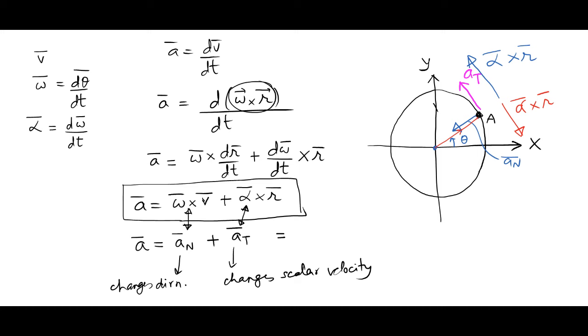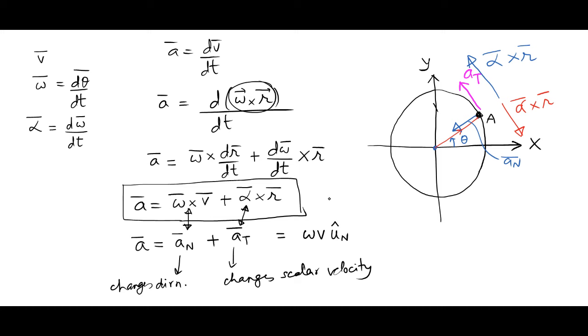Omega bar and v bar are mutually perpendicular, and therefore the magnitude of this component is going to be omega into v into sine 90 degrees, or essentially omega into v is the magnitude of the normal acceleration, and then you just have to multiply it by a unit vector in the normal direction,